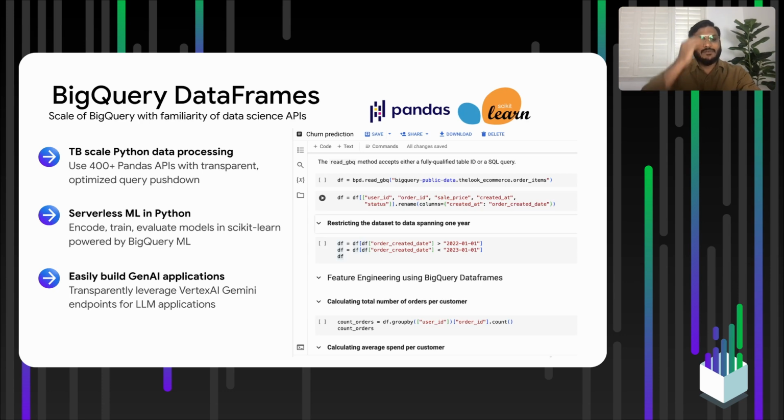DataFrames. This is a new feature within BigQuery, which brings the power of Python together with the scale and ease of BigQuery with a minimal learning curve. If you're familiar with Python's open source Pandas for data manipulation, and scikit-learn or sklearn, the machine learning framework, BigQuery DataFrames implements the common APIs from both libraries,